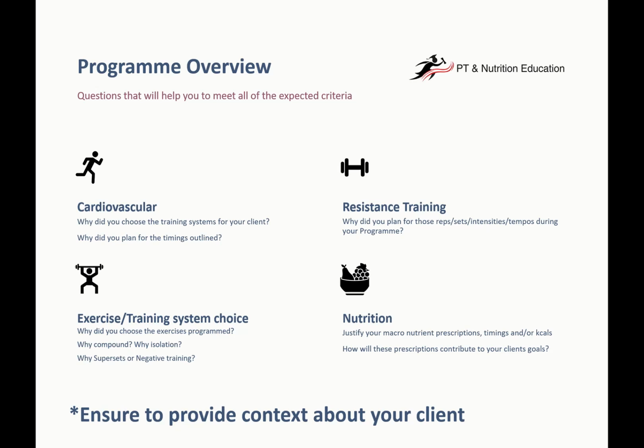And then lastly, nutrition, which we expect to see as a separate part of the program overview. So here you're justifying your macronutrient prescriptions, your timings, and also your calories, all of which you should have identified within your program, but now you're justifying why you've chosen X amount of protein, why have you chosen X amount of carbohydrate, why are you spacing your protein feeds at 3 to 4 hour timings, why that amount of calories based on someone that's trying to reduce their overall body weight and their body fat percentages. So again, you're looking at the client, you're identifying what they're trying to achieve, and then you're identifying your prescriptions